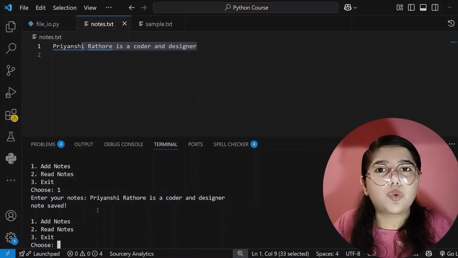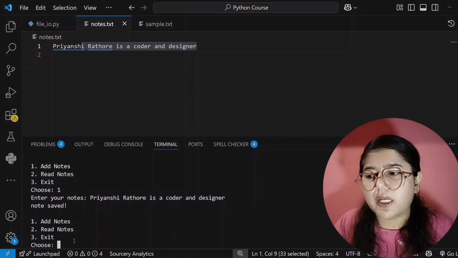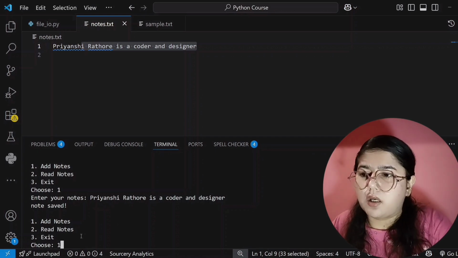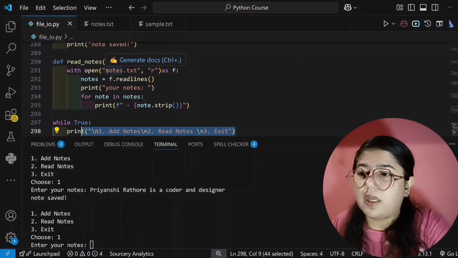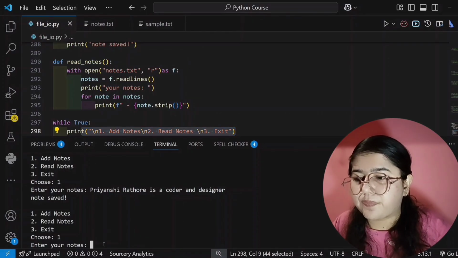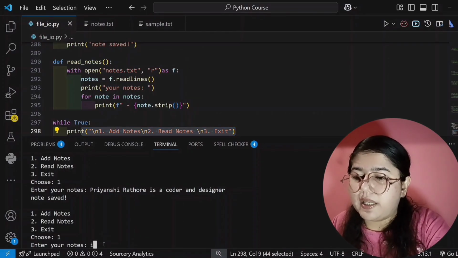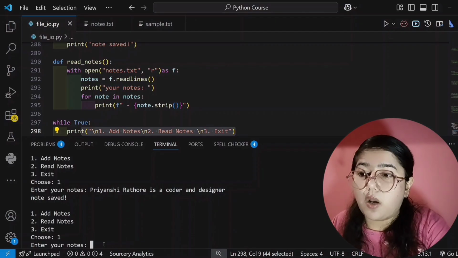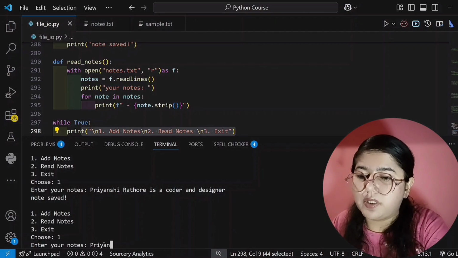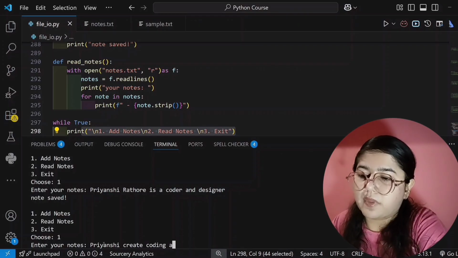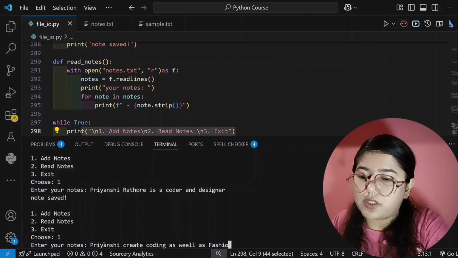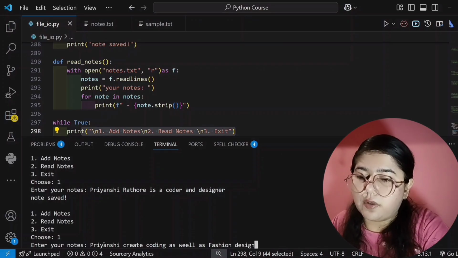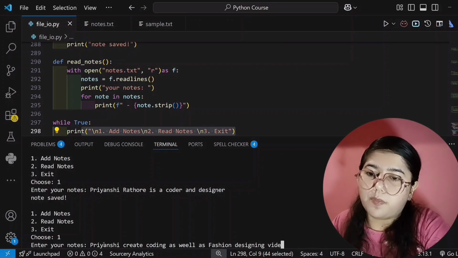So now I want to create another note. Again I will select 1 only. Now I will store that Priyanshi creates coding as well as fashion designing videos.